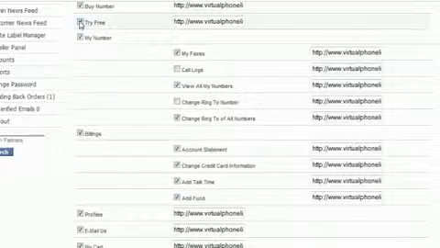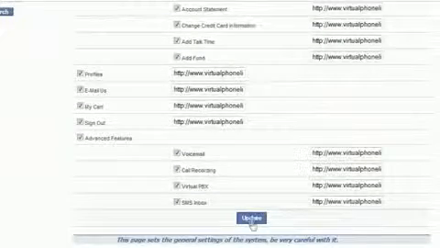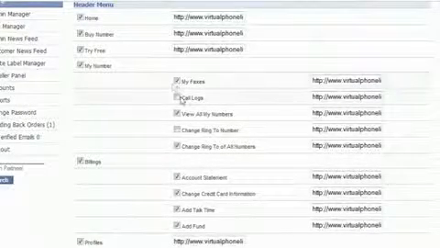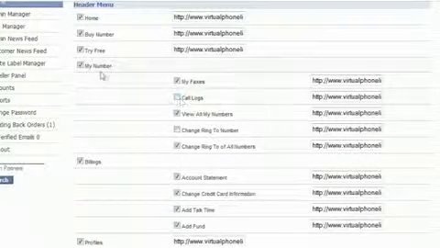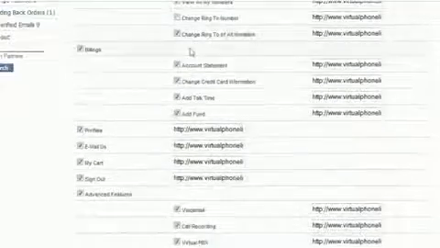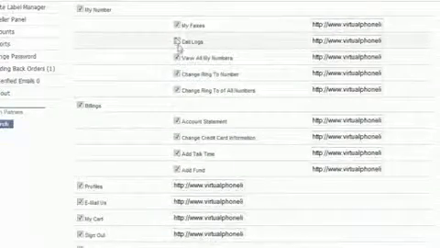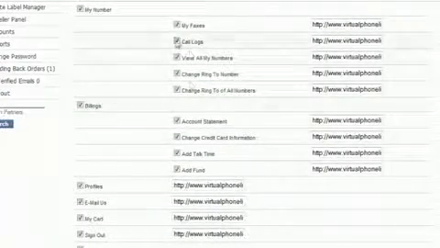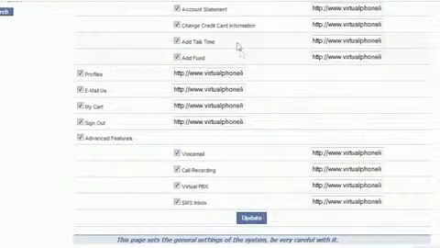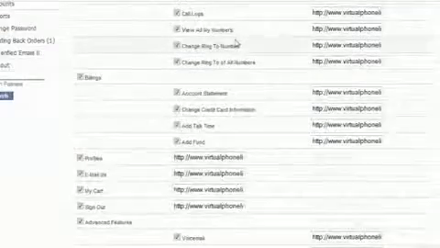Similarly, if you want to show the try free option in your website, then you can check this box and click on submit button. Now if you want to show call logs in the my number option, then you can check this box, call logs button, check this box and click on update button.